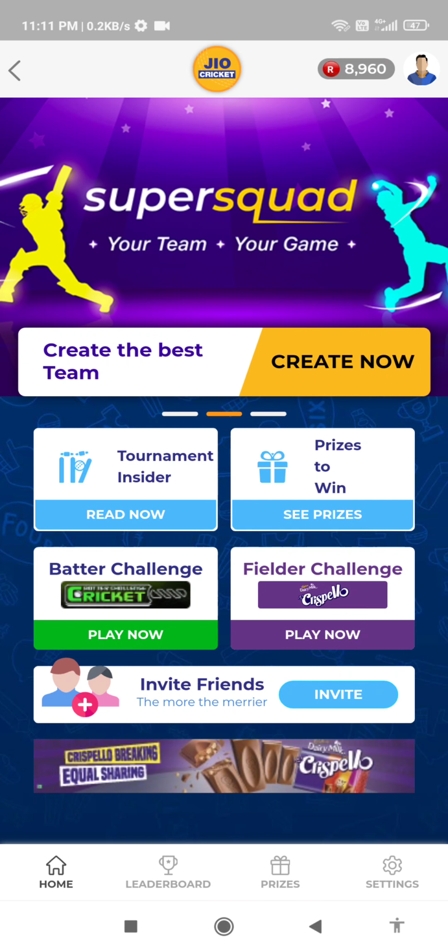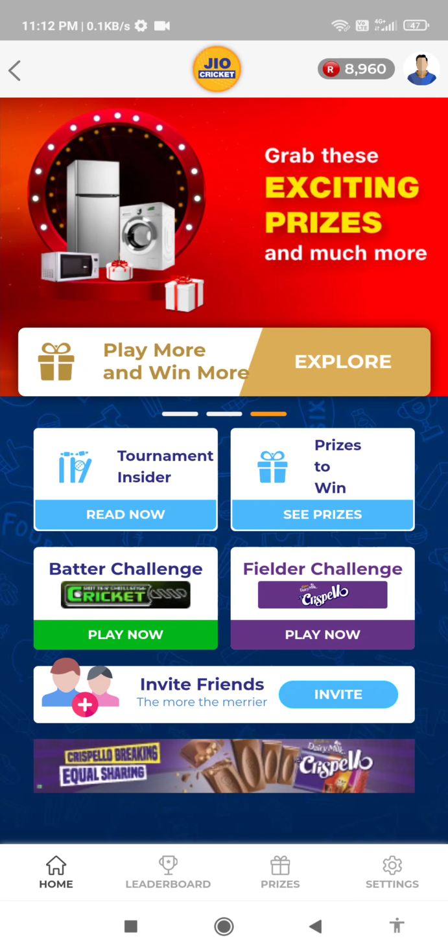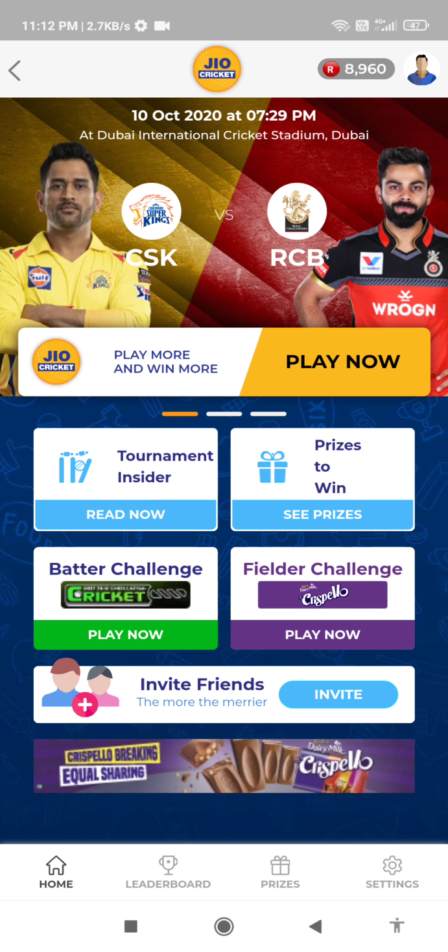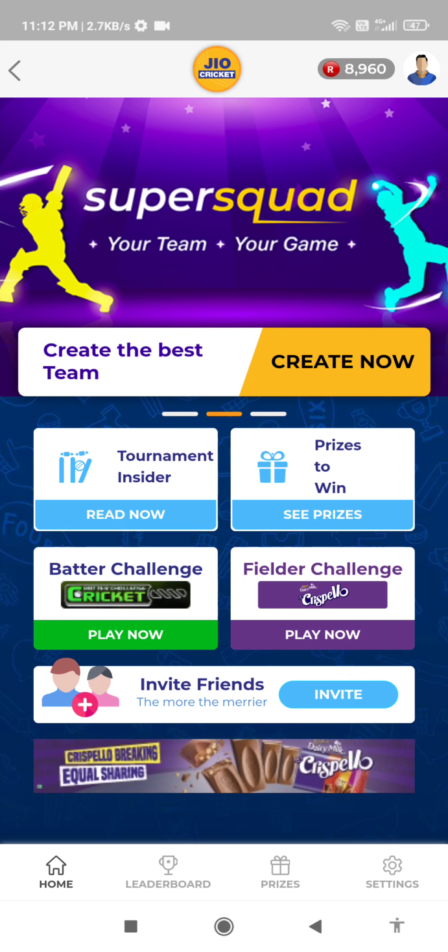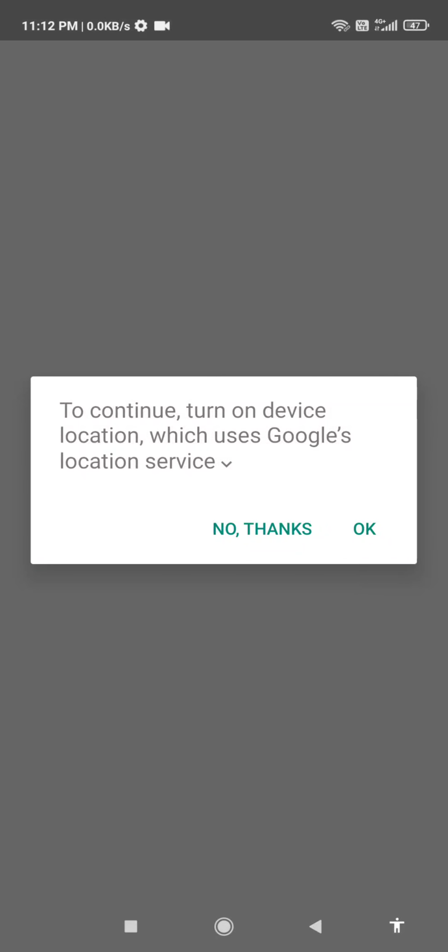So before we create a super squad, I will tell you about Super Squad, that it is the same as Dream 11, but with some changes in Super Squad, and that is, it does not need any money to start, only the total points you earn that take by each room's provisions. So let's join the room. So tap on cricket play.